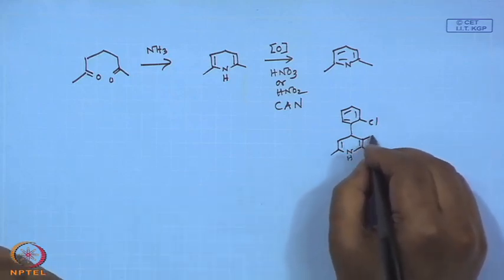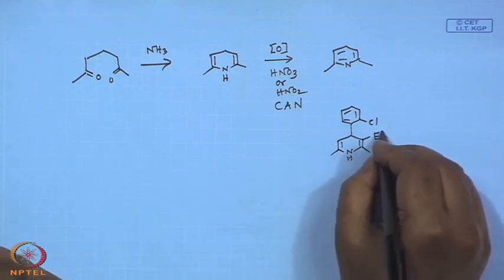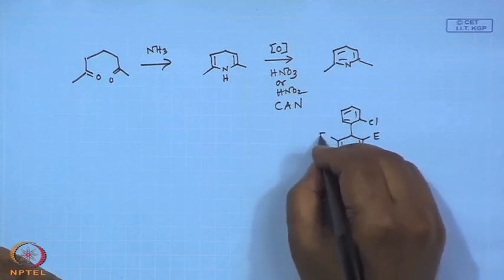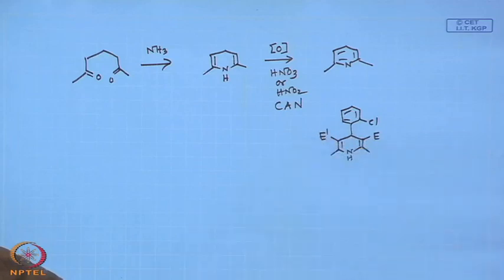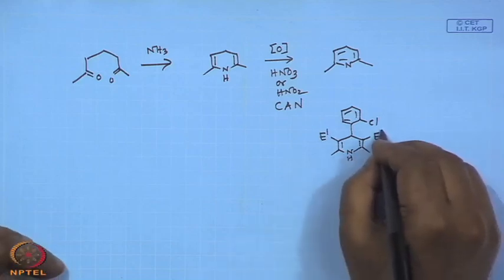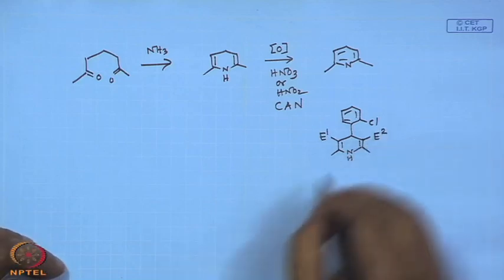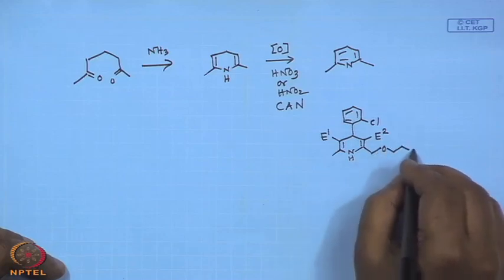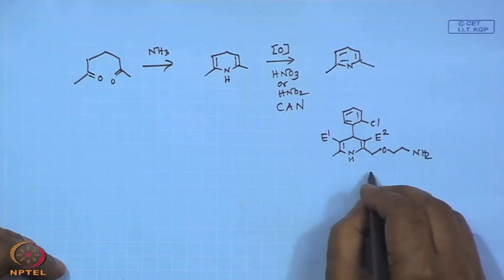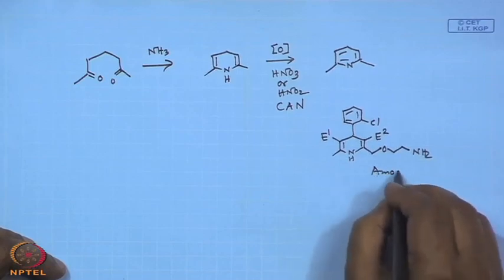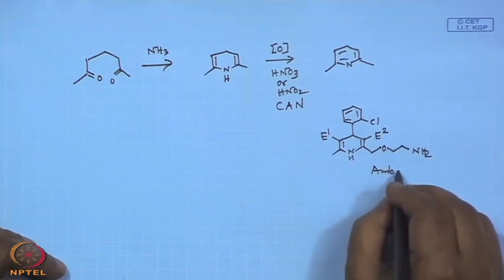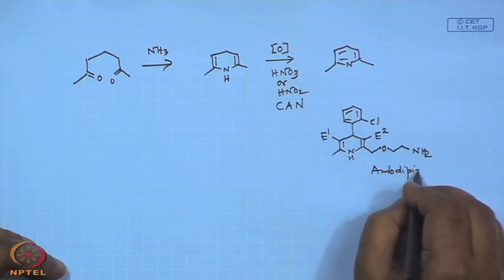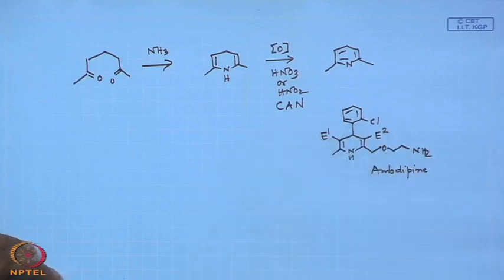and here I will write E1 and E2. All of you know E1 stands for ester. So, when I write E1, actually it is a methyl ester, and E2 is an ethyl ester, fine. And this one has another side chain where you will have these O and NH2. This is known as amlodipine. So, likewise there are quite a few marketed molecules which will have